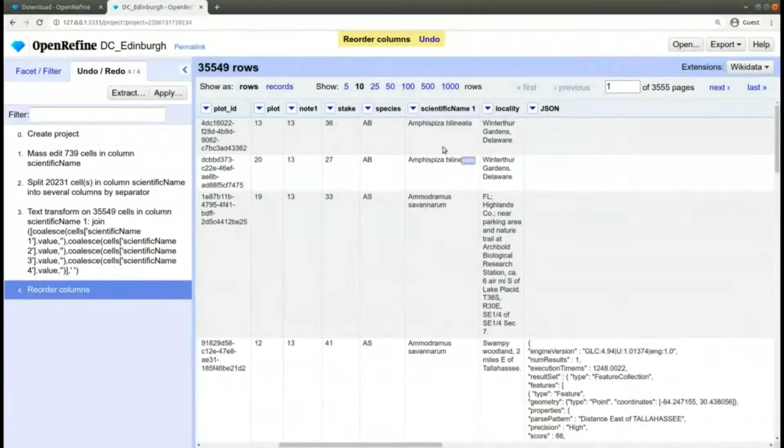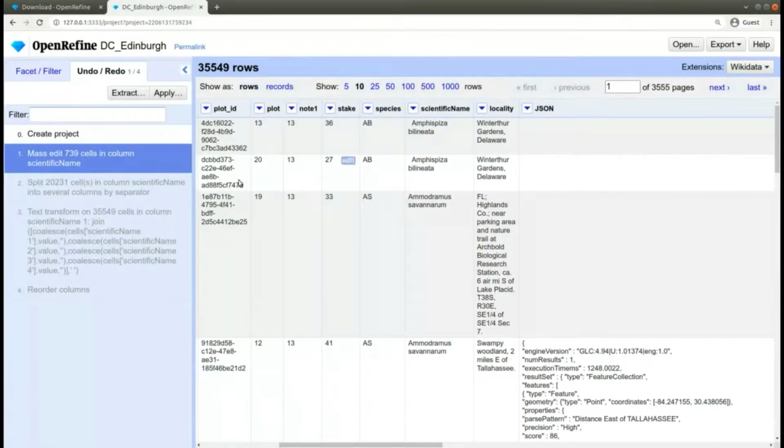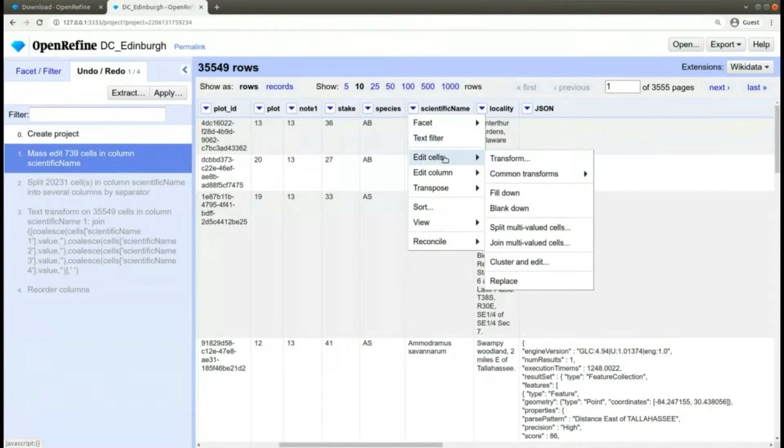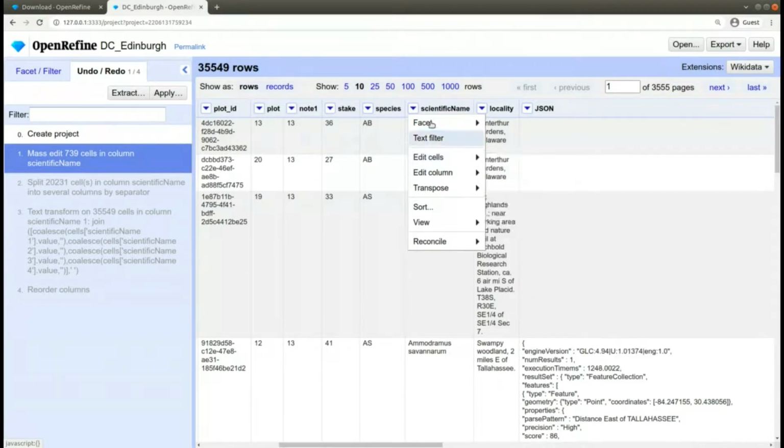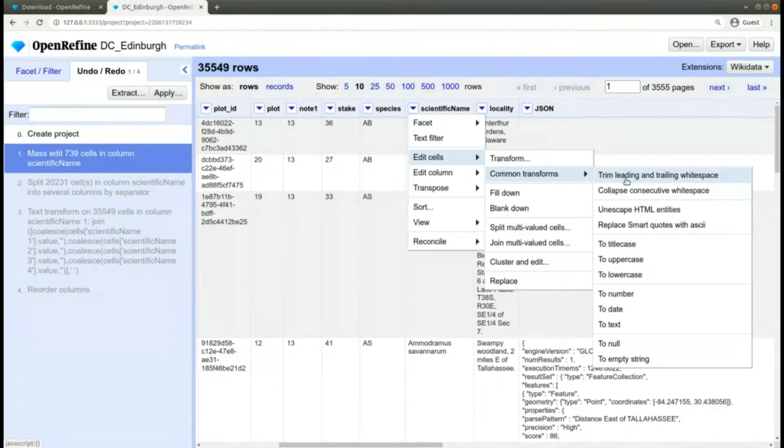Okay, doing this gets rid of all, I think, spaces. But you see also you can do join columns. In case you don't want to join columns, you go to step 1, that is a mass edit, and the option that we have here is edit cells. Again, click on the arrow, edit cells, common transforms, and the first one that you find is trim leading and trailing white space. So if you click on that,